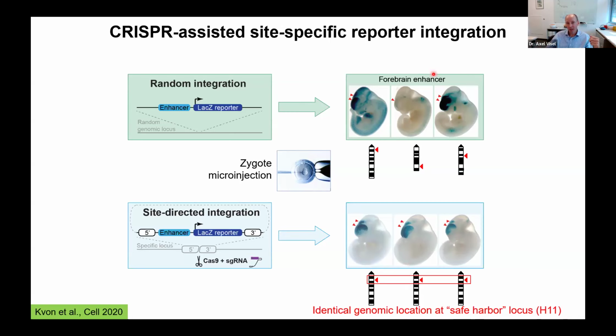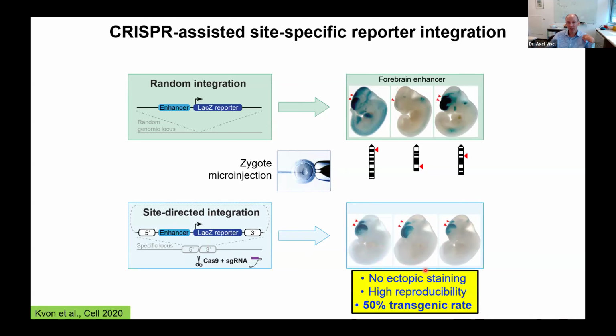So this is the same enhancer shown here, injected with this new type of approach, and you can see here highly reproducible activity, absence of ectopic staining, and because it's CRISPR enabled, you get a much higher transgenic rate, which means you need to inject way fewer embryos, which overall boosts the efficiency of this. It allows you to look at larger numbers, and it gives you more accurate results, bringing the more systematic testing